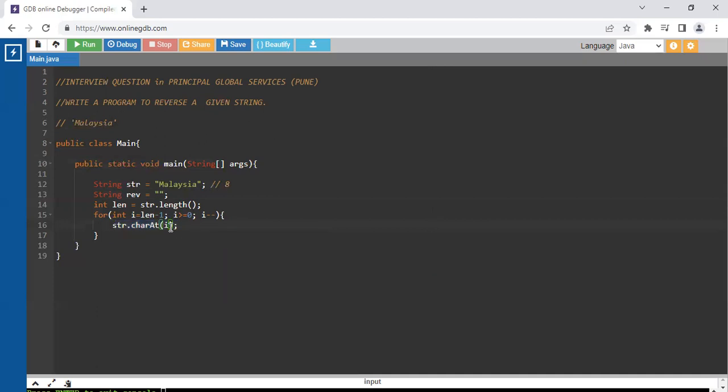So currently the value of I is what? 7. So this method would get me the character at index 7. So the character at index 7 I have is A. So this particular code would return me the character A. Now I have to store this character. Okay. Now what I'm going to do is store this A in this reverse variable,